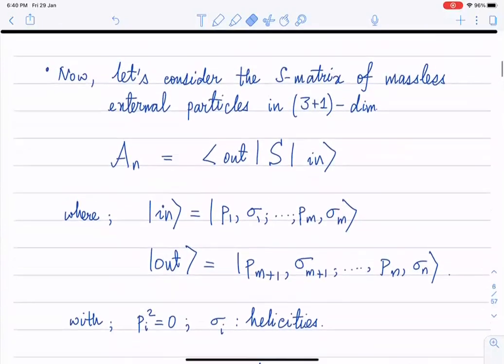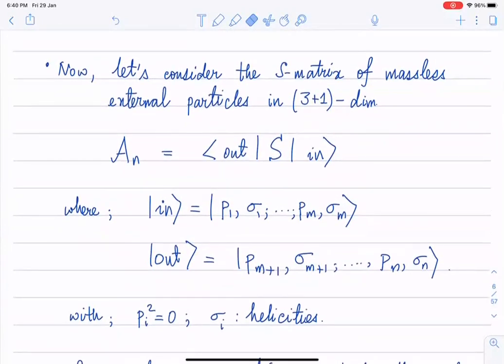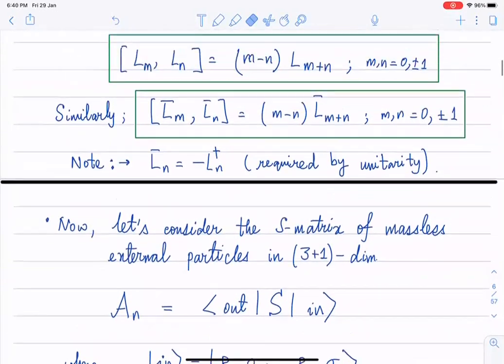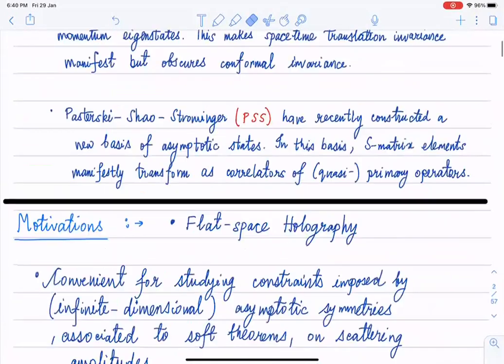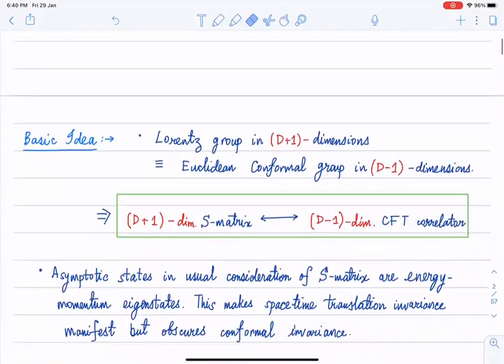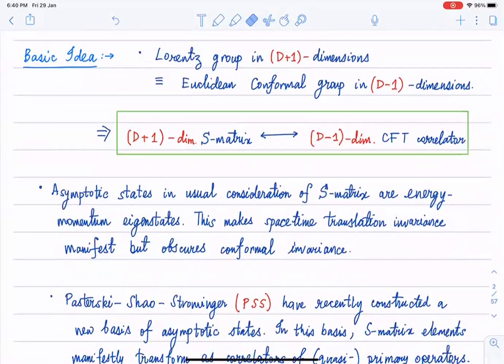and the reason was that we wanted to make the underlying... Okay, let me open this first page, it's easier. As we said, the action of the Lorentz group is basically equivalent to the action of the conformal group in one lower dimension. So therefore